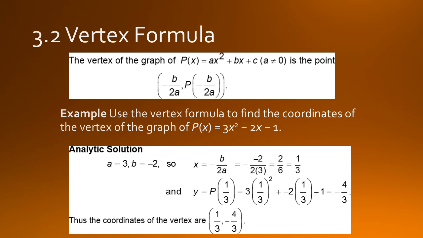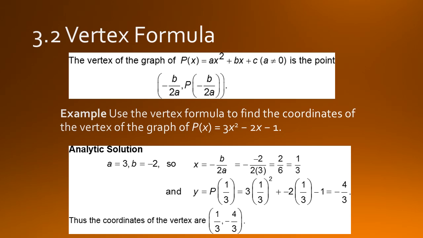Sorry, I may have done that a little quickly, so if I caught you, I apologize, but here's our solution. A is 3 and b is negative 2. So negative b over 2a means we have negative 2 over 2 times 3. The two negatives cancel out, and we have 2 over 6, which reduces to 1/3. So the x value is